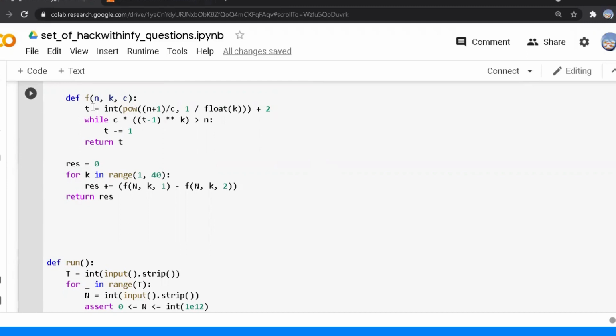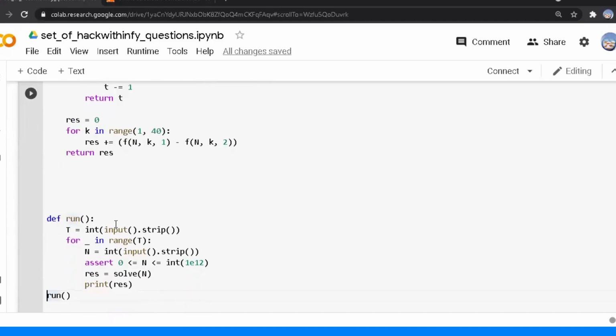N here is what we are giving first, I gave 6, like that. Up to 6 only we can calculate that base. After 6 we can't. That's why we are giving the n value. It will return t, and the function will be written here, and the result will be written here.